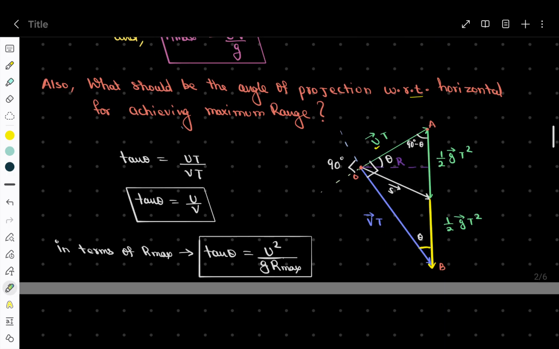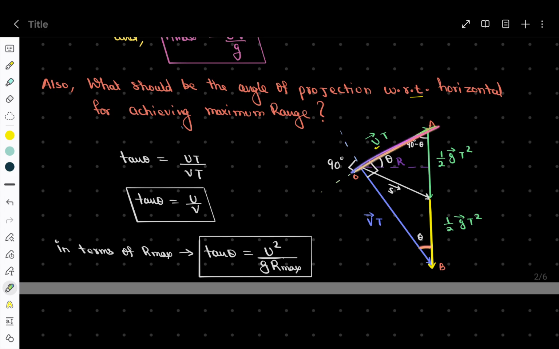in the same triangle, now I have done some modifications. If we want to have maximum range, then we know that the angle between u vector and v vector should be equal to 90 degrees. So I have drawn like that, and the angle that u vector makes with the horizontal is theta, which is the angle of projection, right? So if this angle is theta, this is 90, this is going to be 90 minus theta, and then in this bigger triangle, again this angle is 90, this is 90 minus theta, so this will be theta, right? So in this bigger right angle triangle OAB, if I write tan theta,